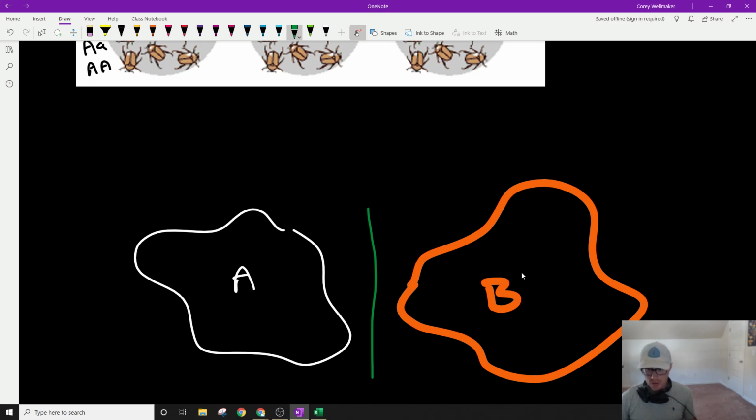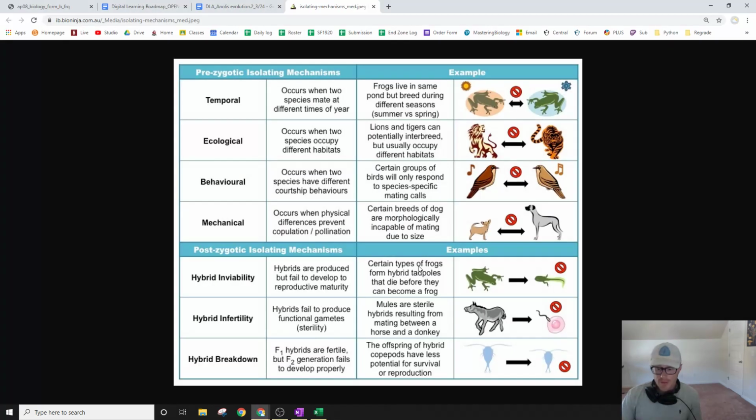If those changes aren't being shared between the two populations, then they will continue to genetically diverge. And if enough time has passed, these mechanisms will solidify between those populations, and that's really going to prevent